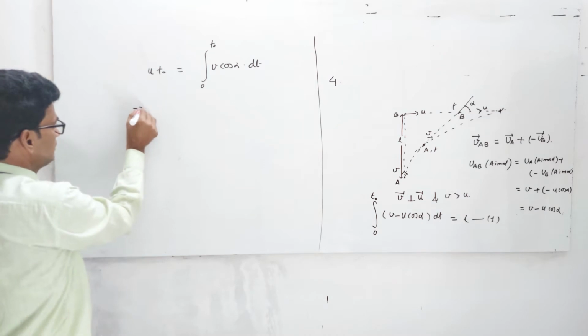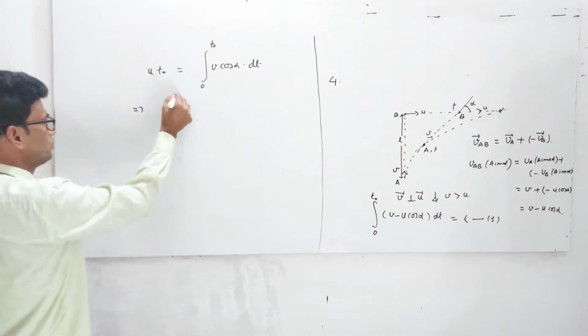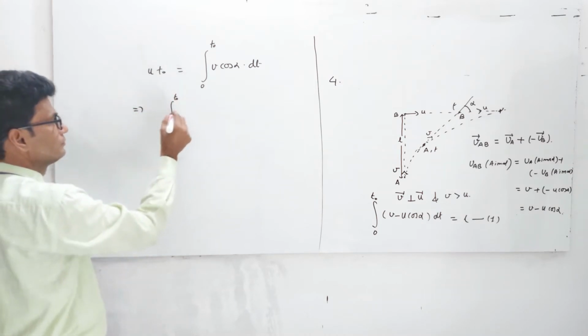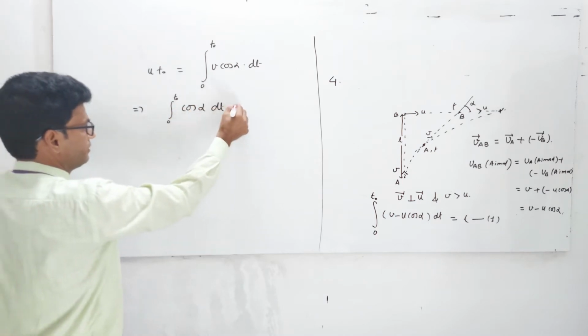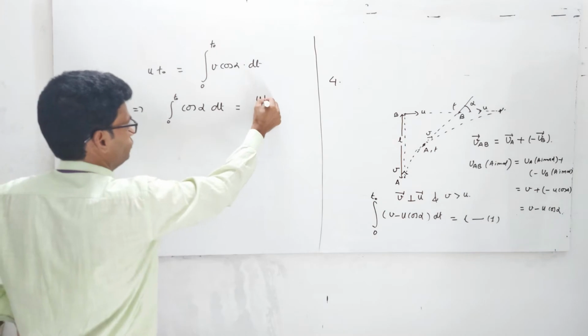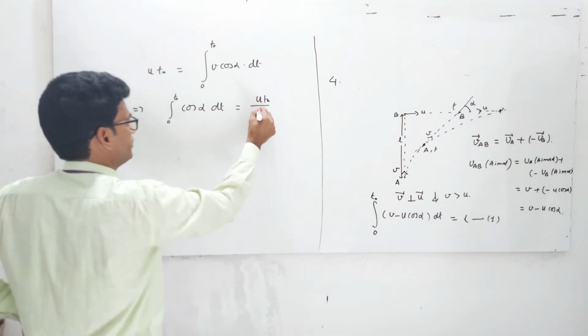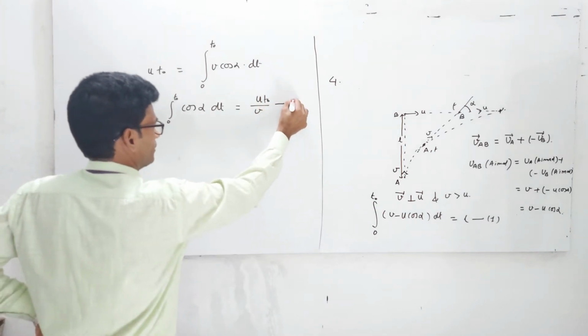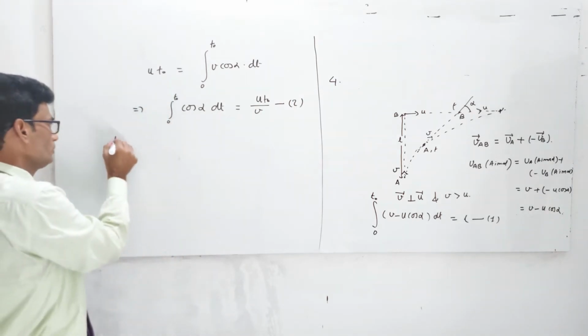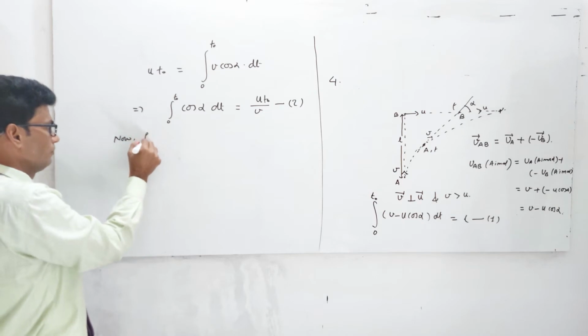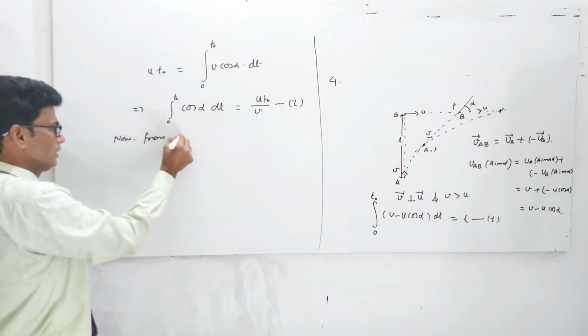So from here, the integral from 0 to t0 of cos alpha dt is equal to u t0 over v. This is taken as equation number 2. Now from equation number 1,